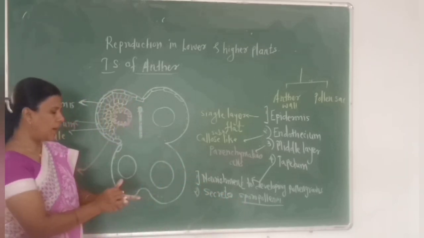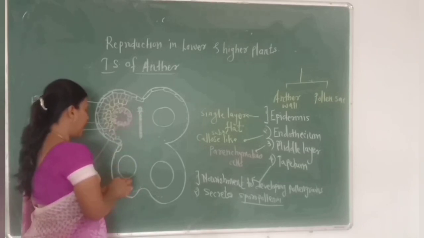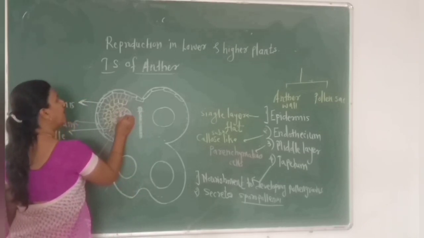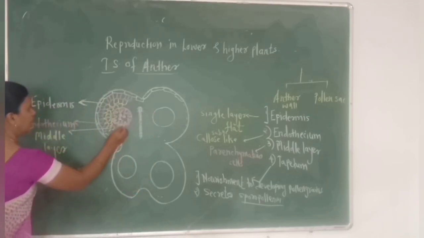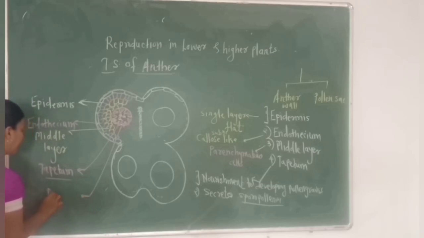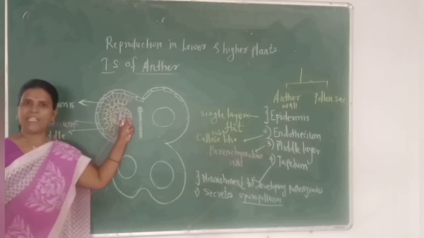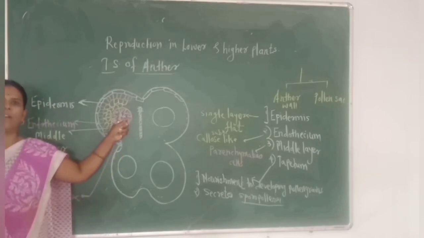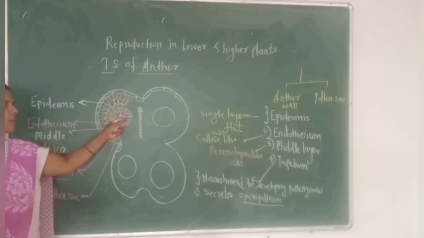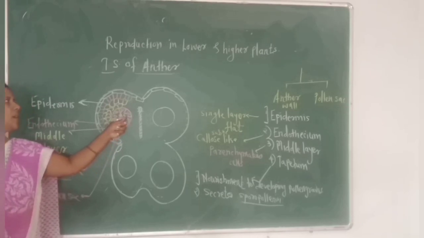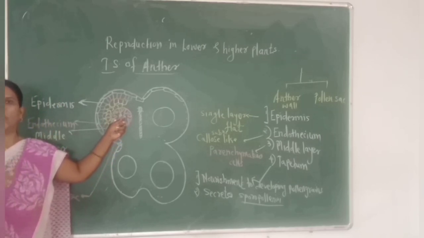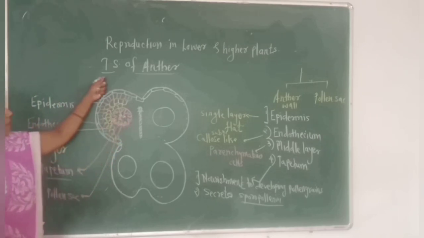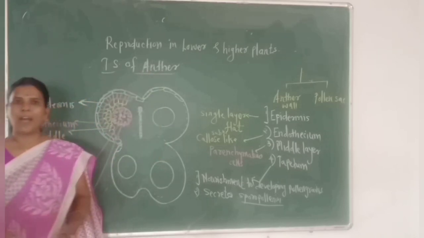And the last part is the pollen sac. Here pollen tetrads are developed, or pollen tetrads are present. It is the pollen sac in which first archesporial cells are present, and after the process of microsporogenesis, these archesporial cells develop the pollen grains. After this point, we study how the process of microsporogenesis occurs. So we study the T.S. of dithecous anther.